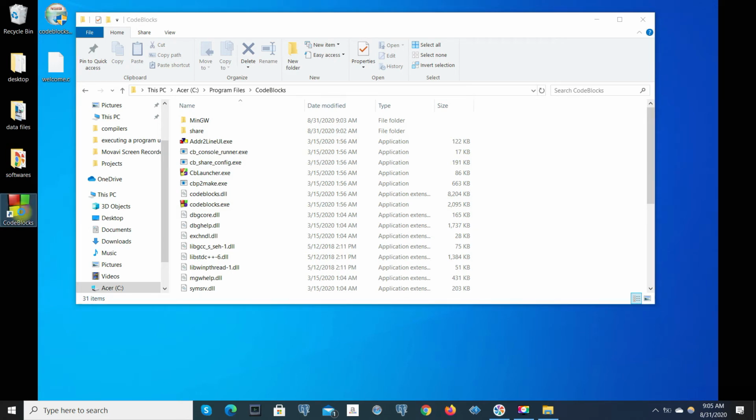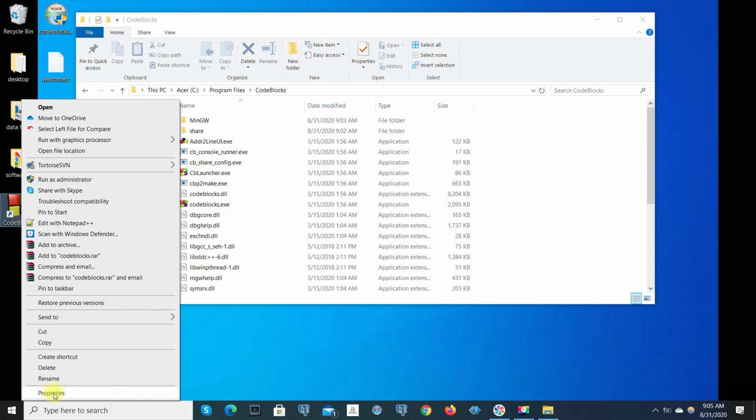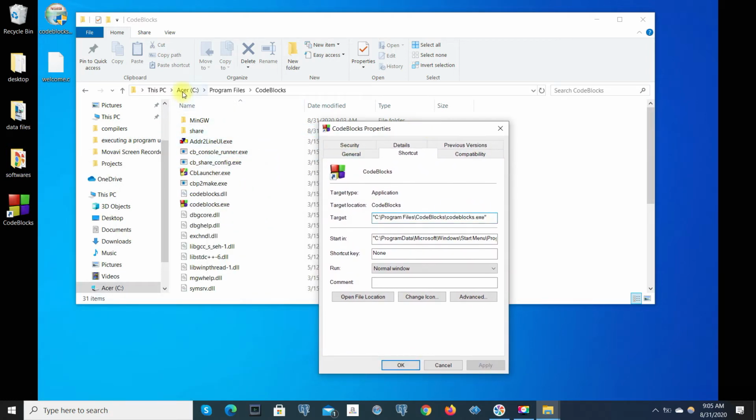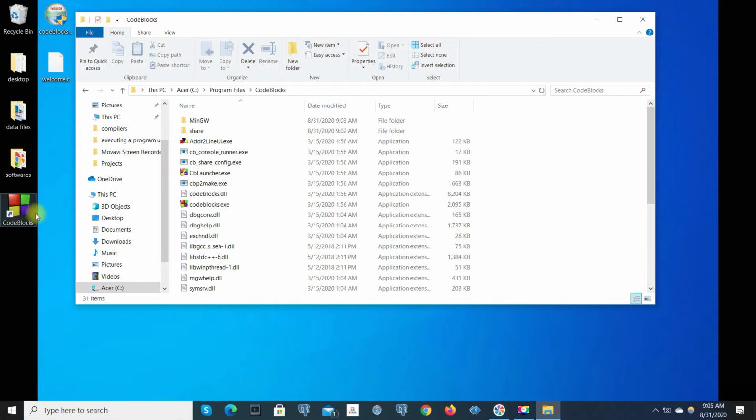When we right click and click properties, we can see here this is the shortcut for C drive program files CodeBlocks.exe. So we can straight away use this shortcut to open CodeBlocks.